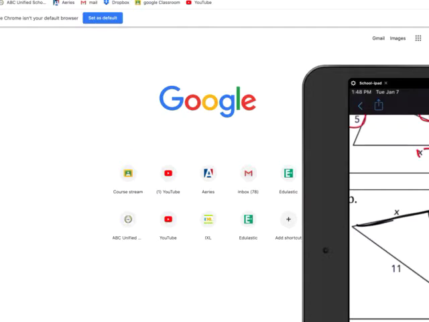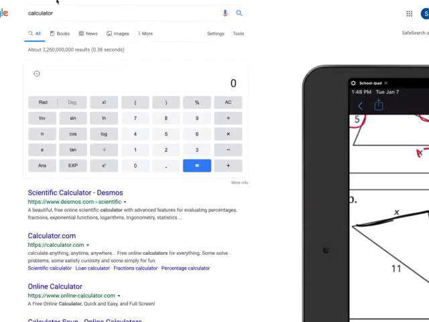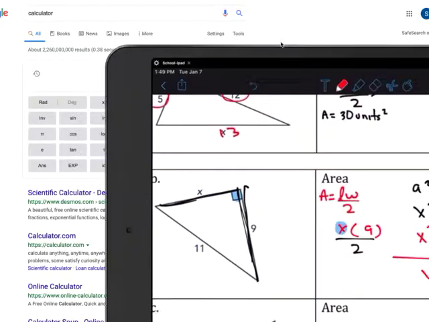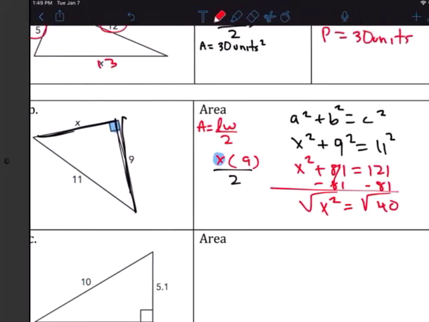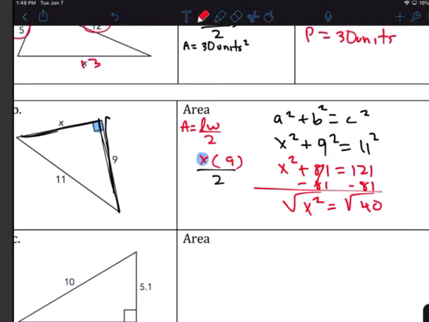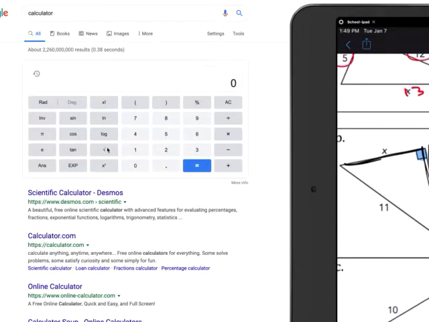So you would find the square root of 40 right here, this check mark, square root of 40. You may need to press that sign. See how it shows this first? 40 equals